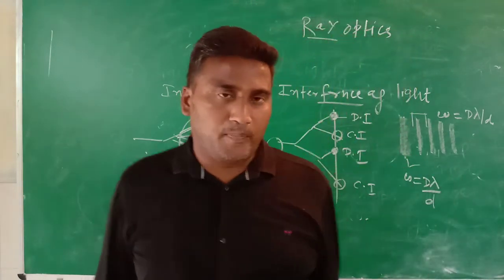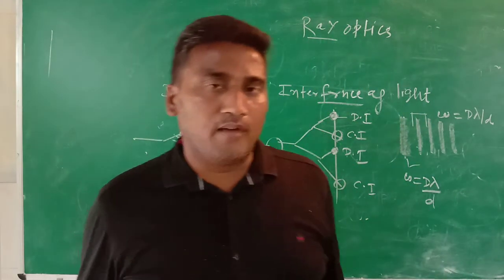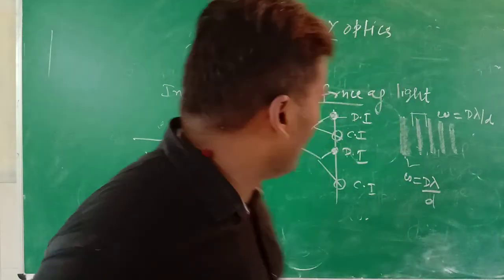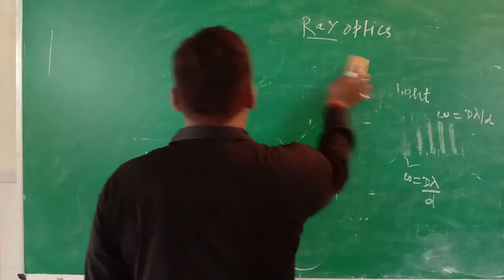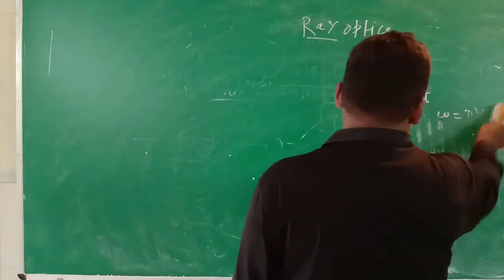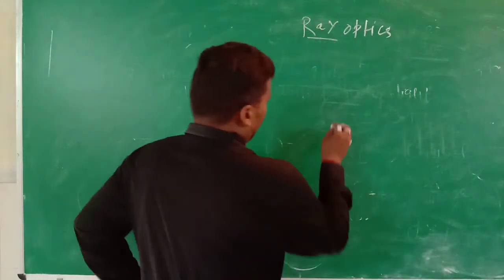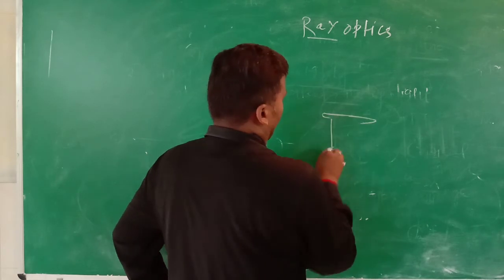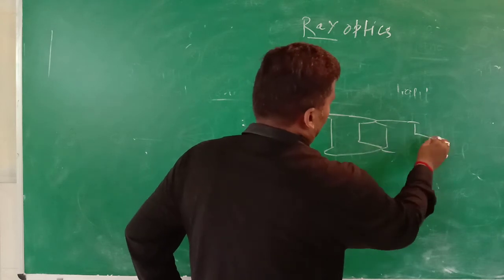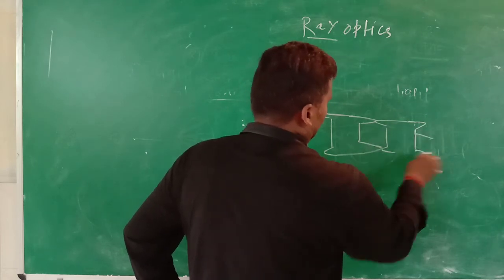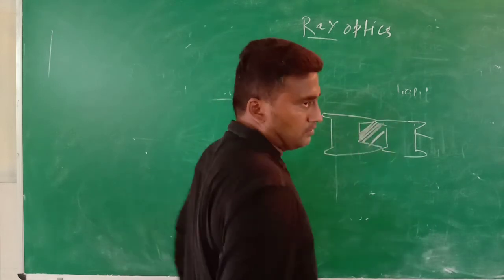Now another important topic in wave optics is the diffraction of light. That is generally the bending of light at sharp edges. It is known as the diffraction of light. The easiest example of the diffraction of light is the razor blade. Razor blade is generally the easiest example of diffraction of light at the edge. At the sharp end, we observe the light being bent.